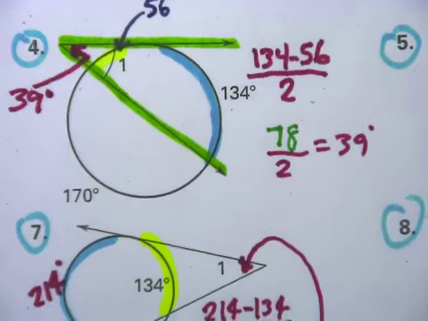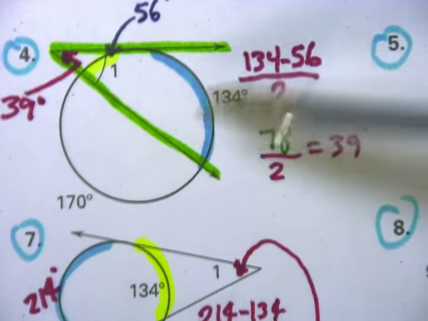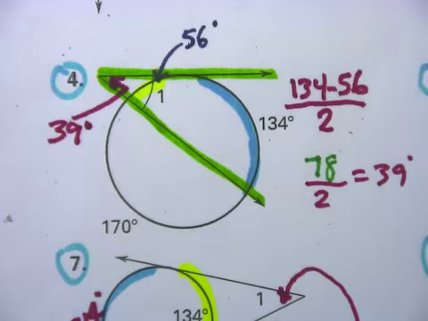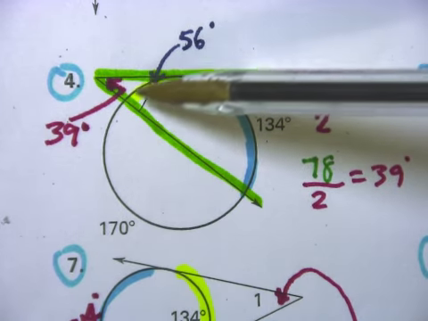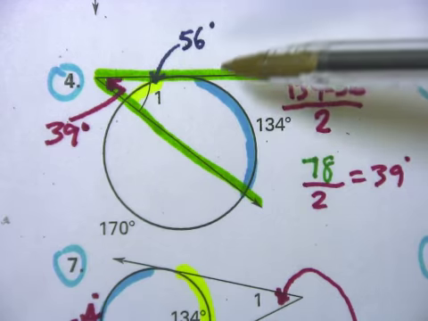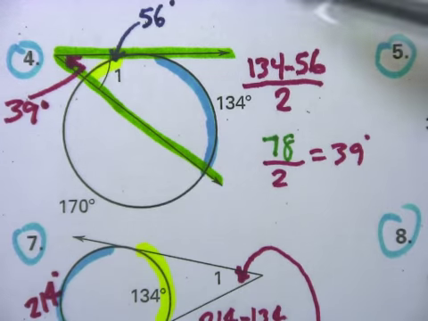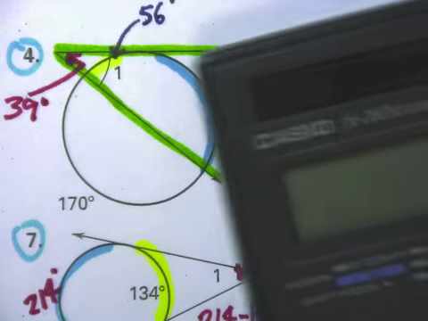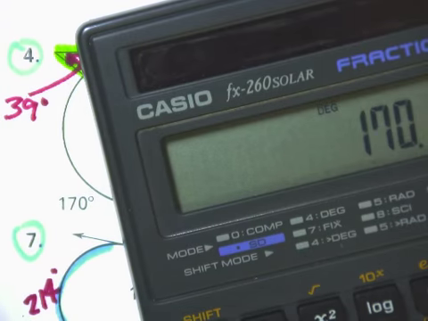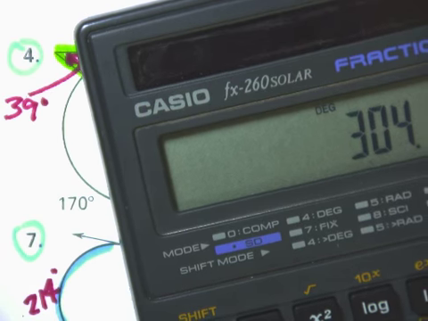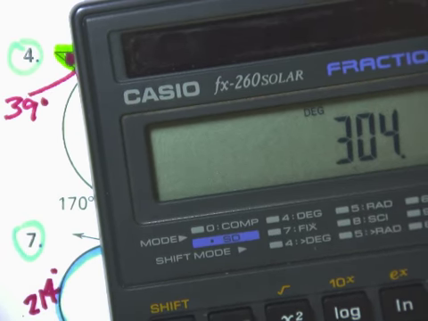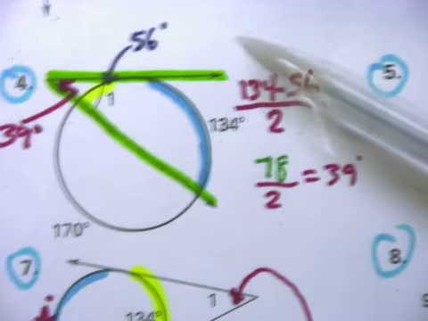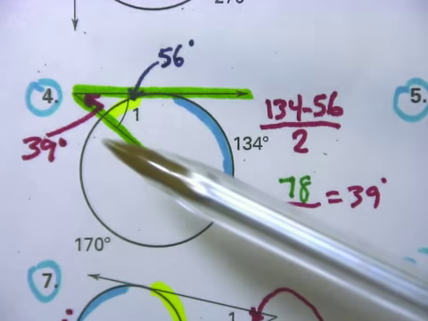Question number 4, they tell me that this arc is 170, this arc is 134. They want this angle here. In order to do that, I need to know what this little yellow arc is here between the two angle lines. Well, I know that a circle has 360. So if I add 170 plus 134, it's going to give me 304. So I've used up 304, and 360 minus 304 means this arc here is going to be 56